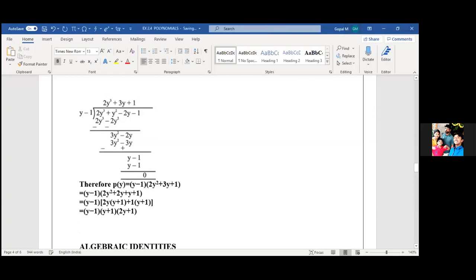I have one more mistake. Yes, Gagan? Ma'am, under minus 2y square on top, ma'am. See, this should be taken plus. You just try to do it on your own. But the quadratic polynomial is correct: 2y square plus 3y plus 1. Ma'am, here instead of y cube, it is y square. Yes, this is a positive sign. You have to check it to make it positive, and this power as 2. Am I clear, children? Yes, ma'am. Anyone have doubt in this one? No, ma'am. Okay.